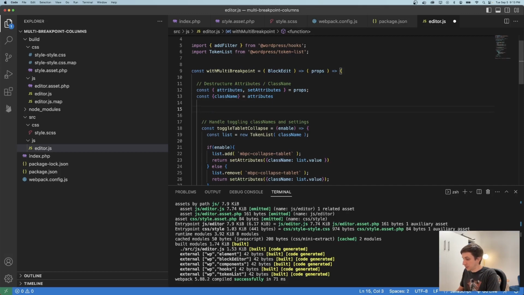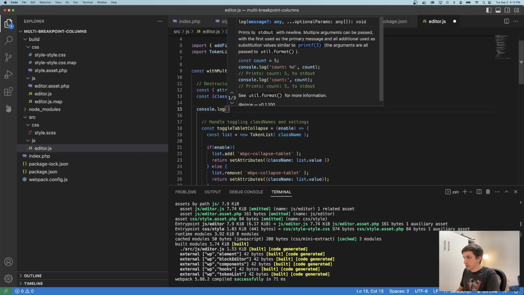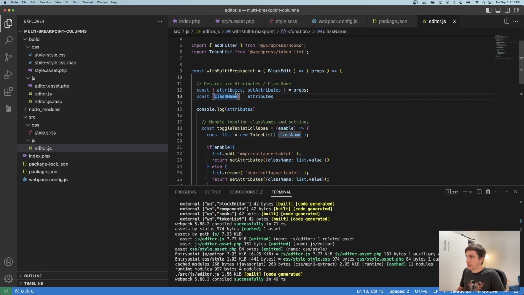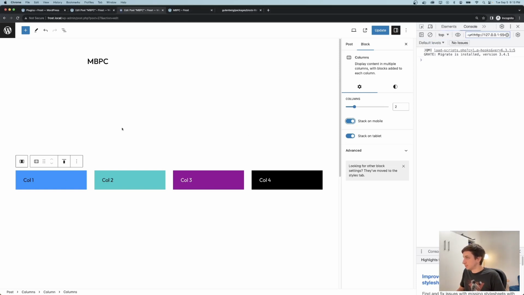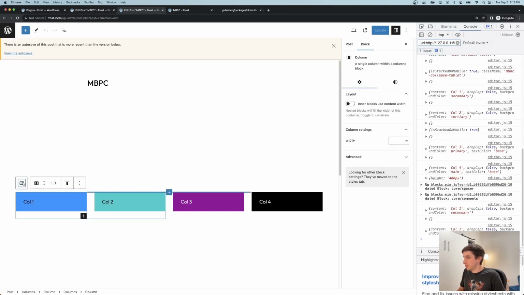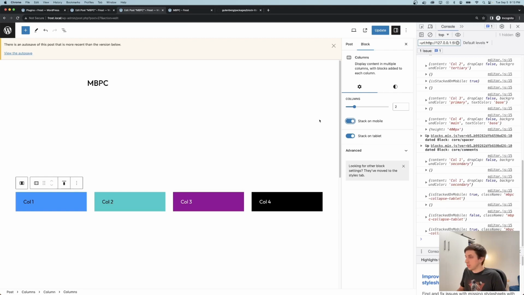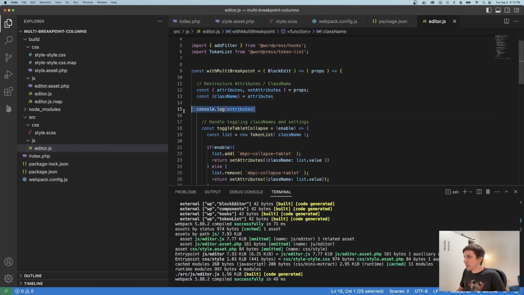collapse on mobile toggle. And so what I did is just console.log attributes on this component. And so now when I come in here, I refresh. And now we can debug this in the console. So you can see already what's going on. There's an isStackedOnMobile attribute. It's set to true. Boom, it's set to false. So really quickly we can see what's going on under the hood there